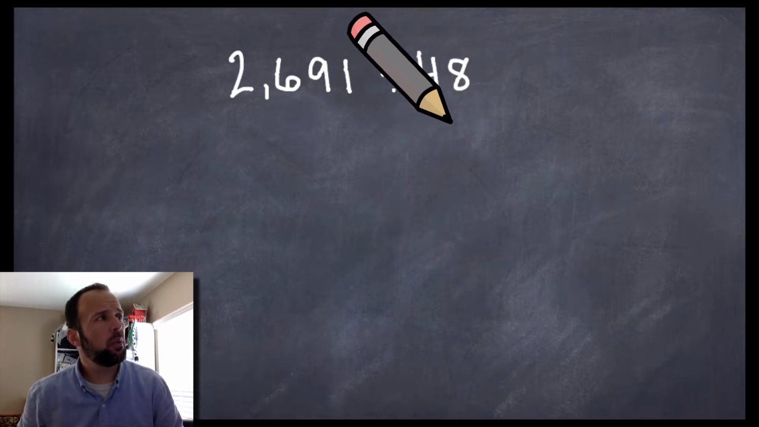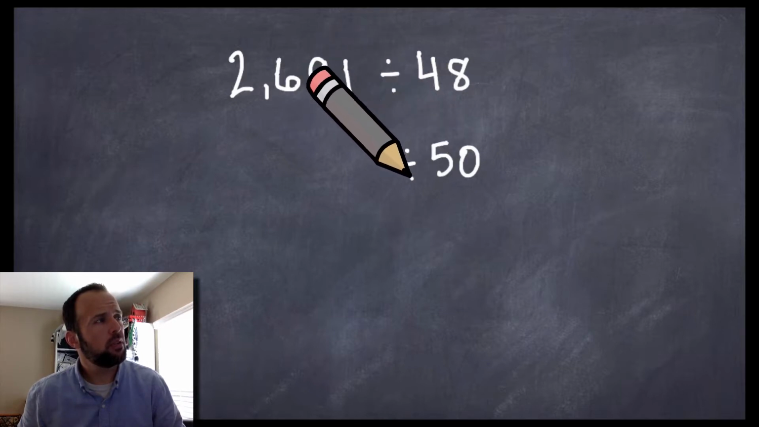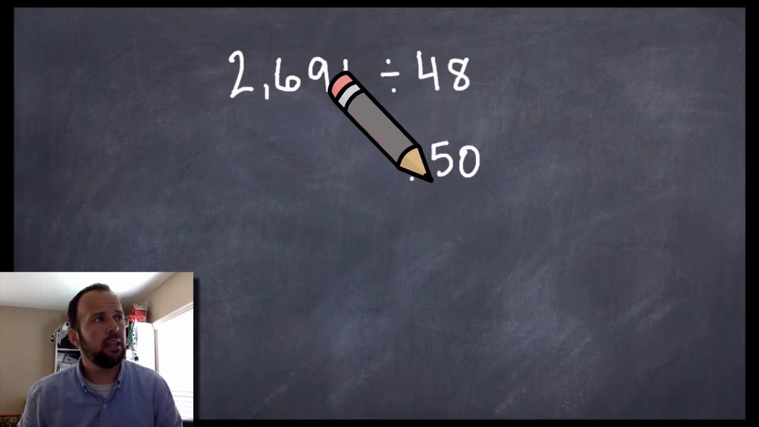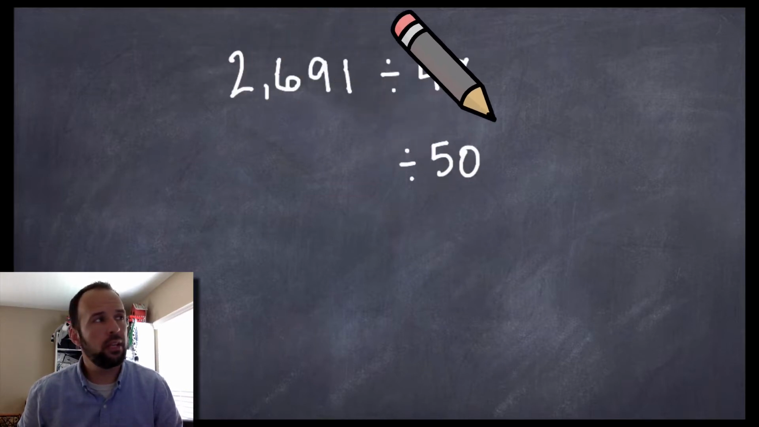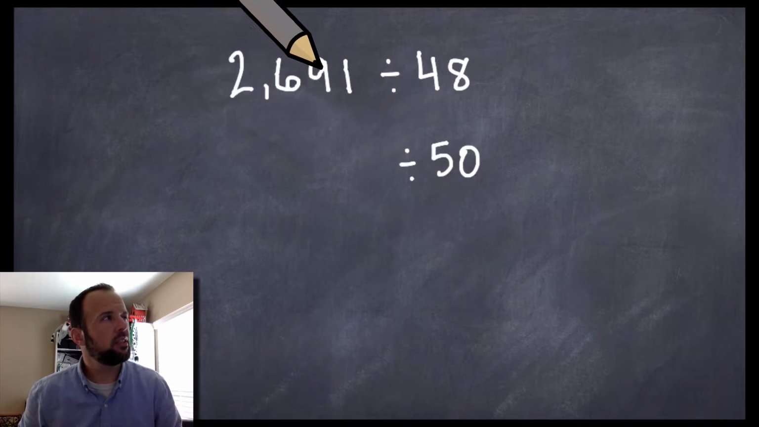So I'm going to round my 48. I'm going to round it up to 50, right? 'Cause it's pretty close to the number 50. And then whatever I round my dividend, the number that I'm actually dividing, whatever I round it to, I want to make sure that 50 can go into it equally or evenly, or at least easily, right? Something I could picture easily. So let's see,